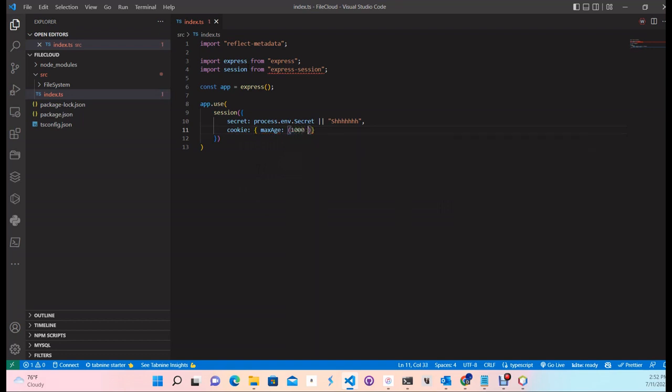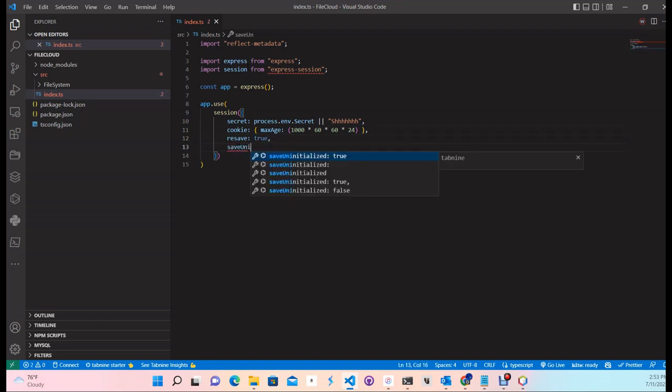1000 times 60 times 60 times 24, and then once that is set, we then need to set the resave. Tell it that we need to resave the cookie if it expires, and then saveUninitialized, so we set it as true. And then from there, what we then need to do is we just say